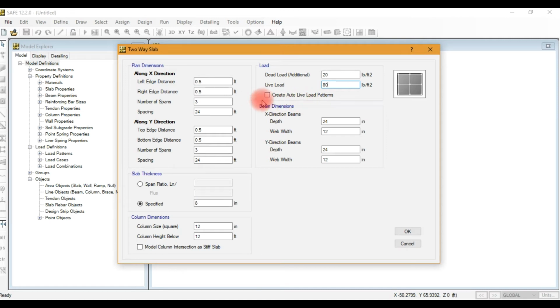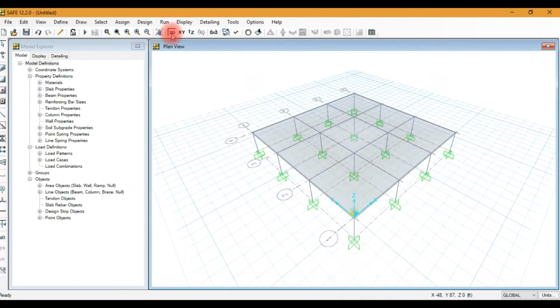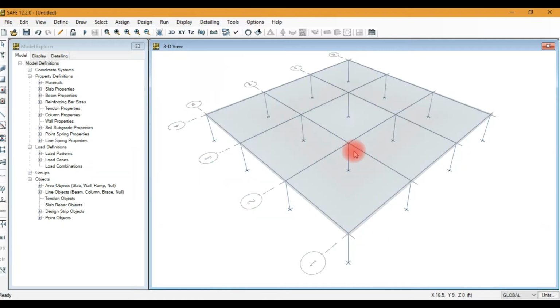Here it is written create auto live load pattern. I will not select this here. I will apply the live load patterns later. Okay, I model the two-way slab here.